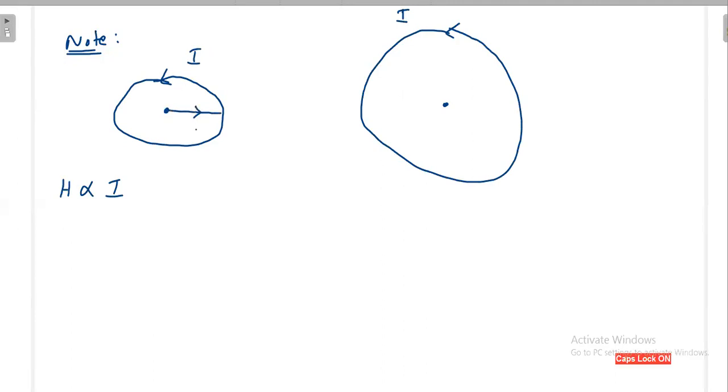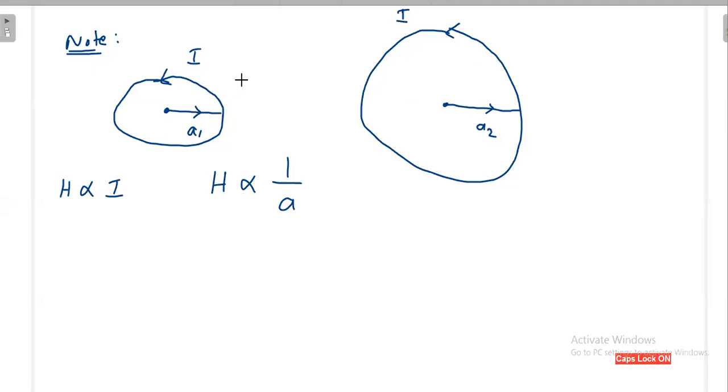Say for example, in one case the radius of the ring is a1, and in the other case the radius is a2, and the current is the same. In one case you are very close to the source, but in the other you are far away from the source because the radius is larger. Whenever you are far away, your magnetic field has to reduce. So that means your magnetic field is inversely proportional to the radius.